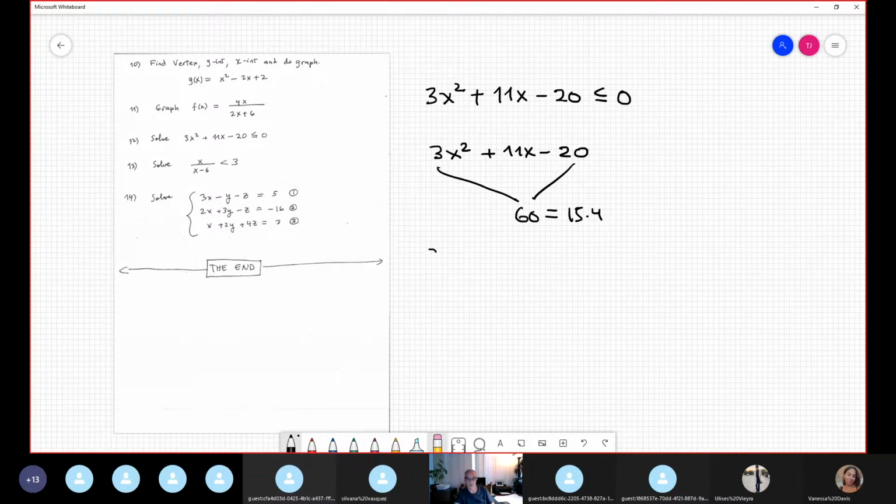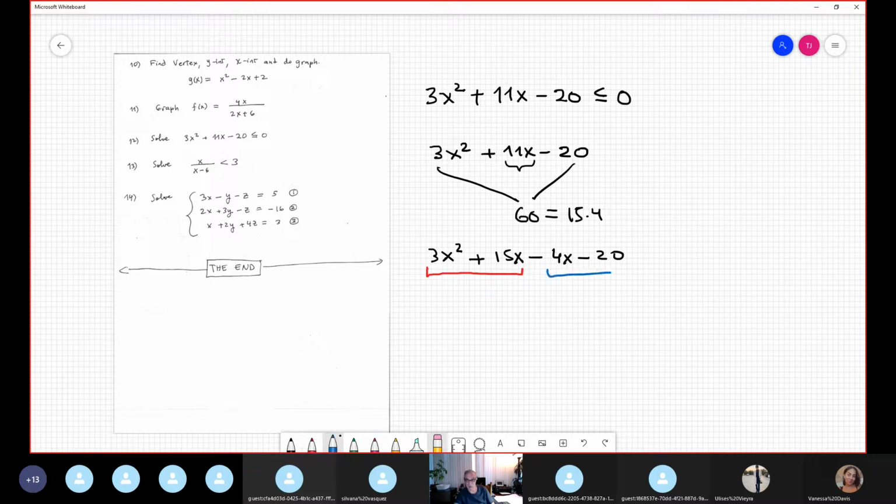You're right. 3x squared plus 15x minus 4x minus 20. So you basically split 11 using 15 and 4. Okay, you know that together it is 11. What is the reason? Well, the reason is that you convert a trinomial into a polynomial, and a polynomial is easier for doing the factorization